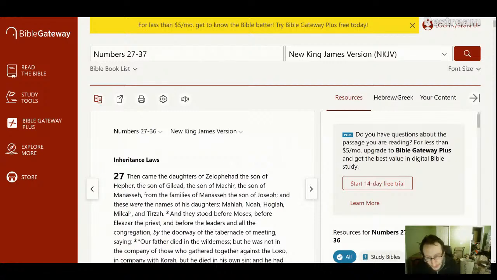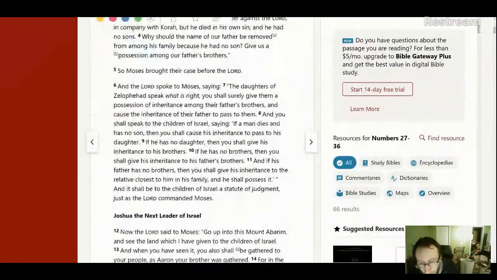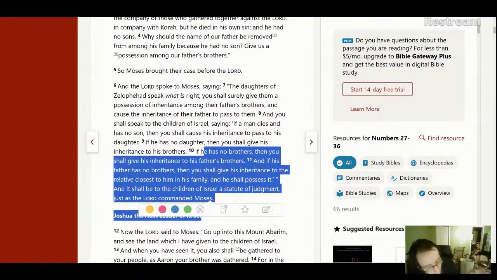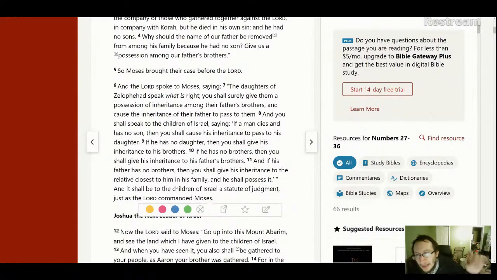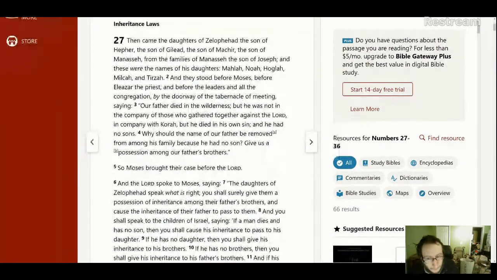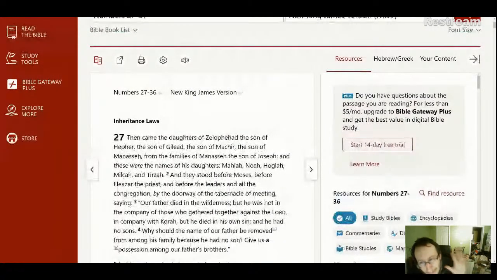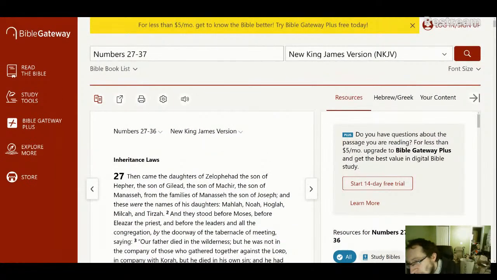So in my version of Numbers, it's going to follow along with what the Dead Sea Scrolls says. It's going to have chapter 27, the first 11 verses, followed by chapter 36, the first 11 verses or so, and then it's going to go back to chapter 27. And the same thing with chapter 4, it's going to be immediately followed by chapter 7. The laws from chapter 5 to 6 are not going to be there. It's going to be somewhere else. And also, for the book of Numbers, I'm going to include portions of the book of Leviticus and book of Exodus in it.